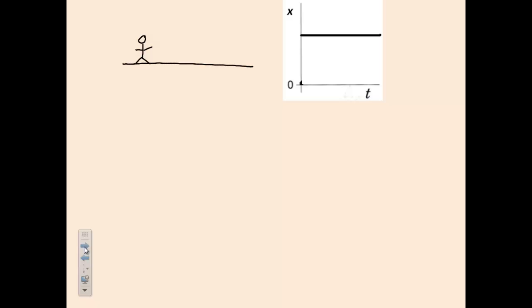So our ultimate goal here is to come up with a way to express the position of something that's moving in terms of other kinematics quantities like velocity, acceleration, and time. So if we start out with a situation where something is standing still, for example, I'm going to draw a person because drawing stick figures is really the only thing that I excel at. A person who's standing still,